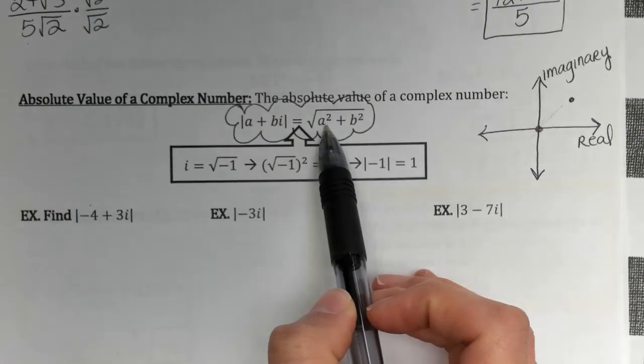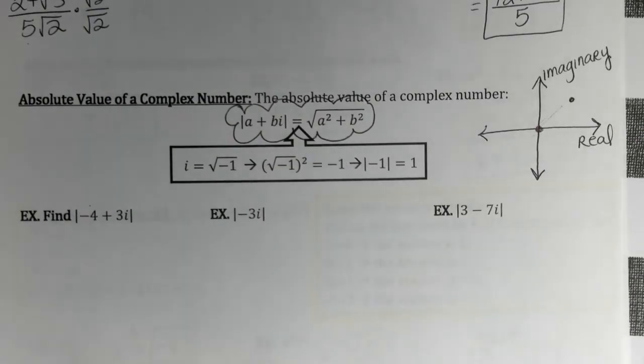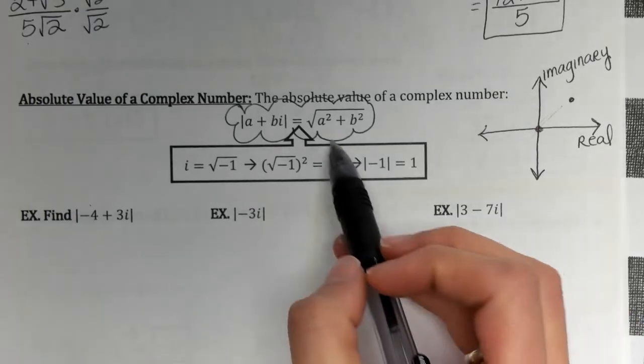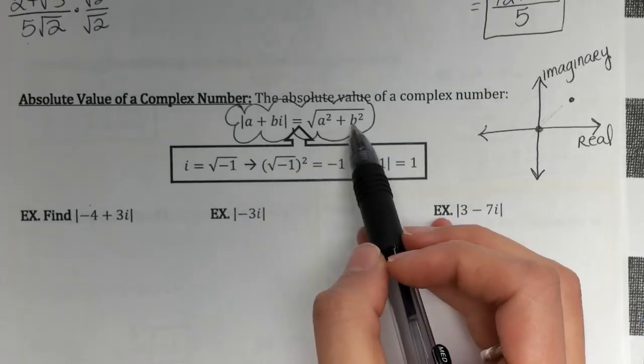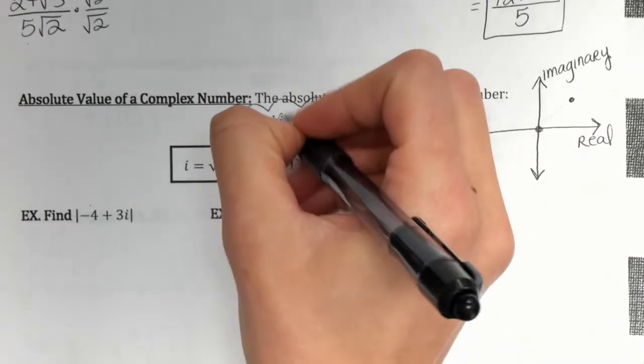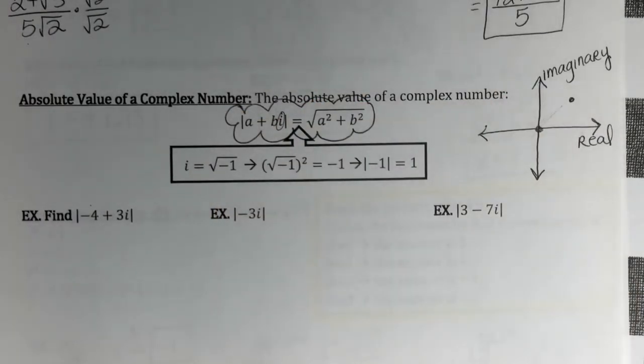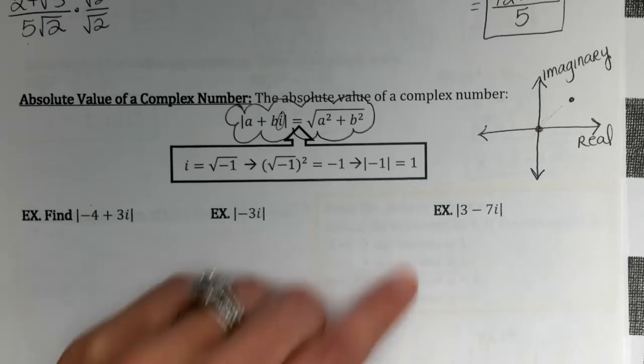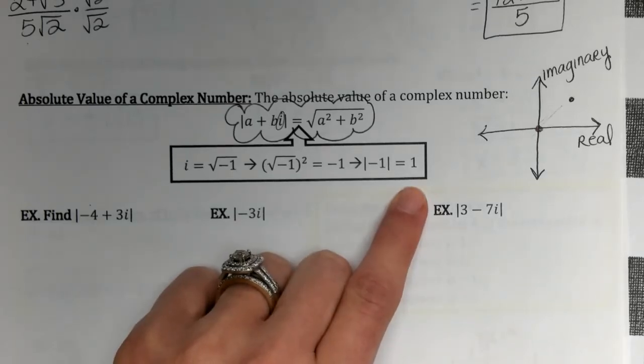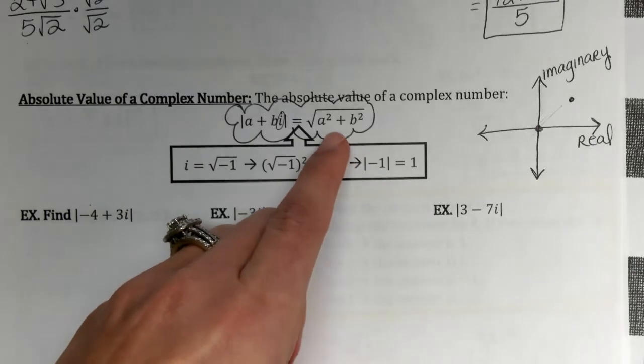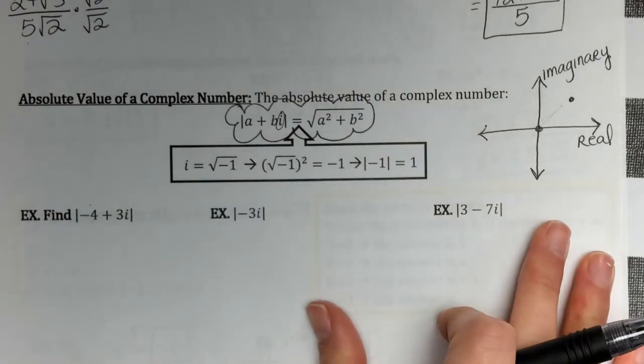So you don't need that x2 and y2 in your formula. You really just need your a squared plus b squared. Okay? Why are we not even thinking about this i? Because it's all going to end up with a 1. So as long as you recognize a squared plus b squared,